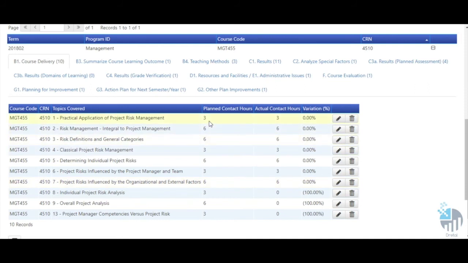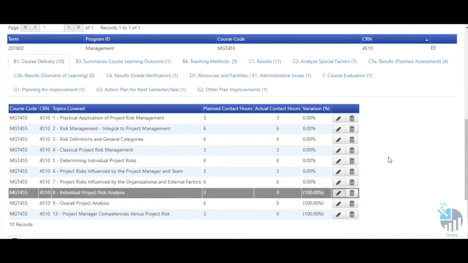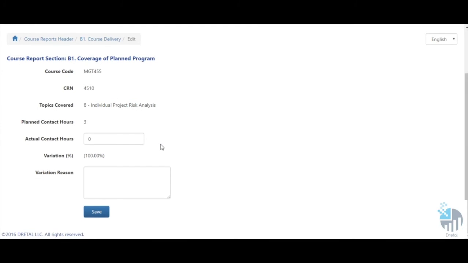So in the course specification, there's 3 contact hours for chapter 1. I actually did 3 actual hours for chapter 1. Okay, so you have to add all of the actuals of what you did. And if there's a variance, it needs to be explained. And if you need to explain it, okay, you would explain it here. I did not cover chapter 8. Why did I not cover chapter 8? I can say because of the video conferencing, because this was a female class, by the way, the video conferencing